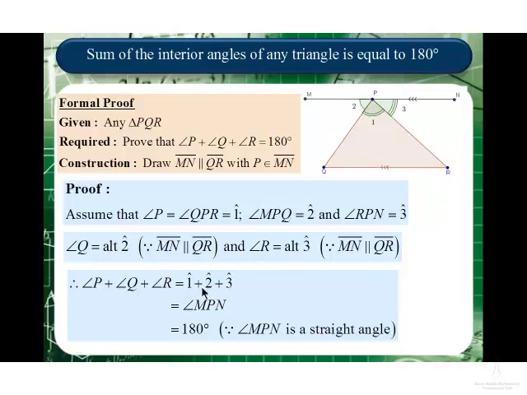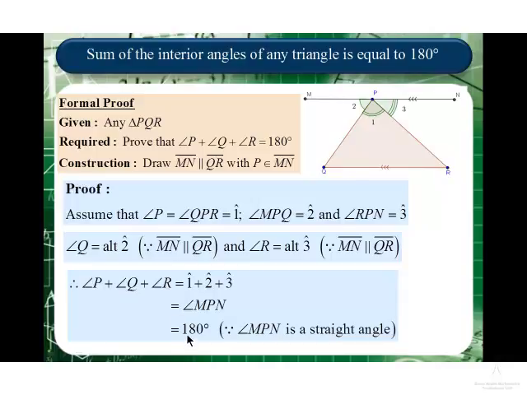And of course the three angles here is exactly the angle MPN. MPN is a straight line, so we have here the angle 180 degrees, because remember the straight angle is the angle associated with a straight line, and that is equal to 180 degrees. And this really proves the result then, that the sum of the three interior angles of a triangle is equal